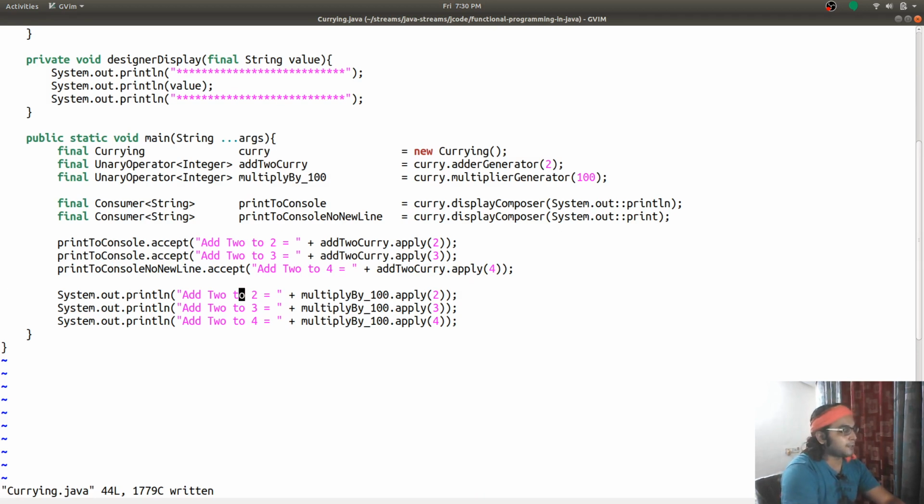So when this print statement gets printed, this part and this line are going to be present on the same line, so we won't have any new line between these two print statements.